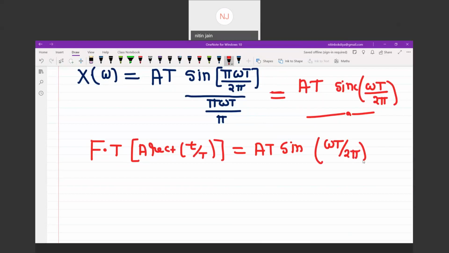This is the idea. So if somebody asks you what is the Fourier transform of rect of t,